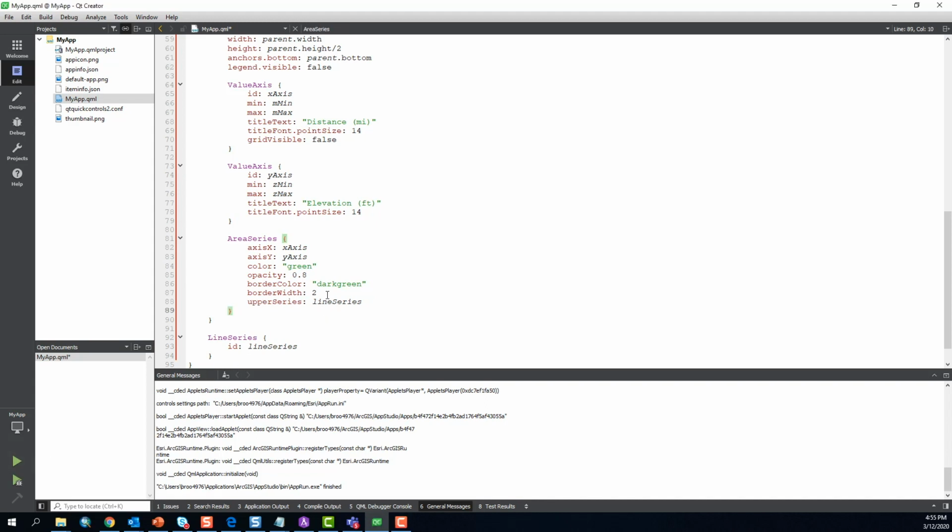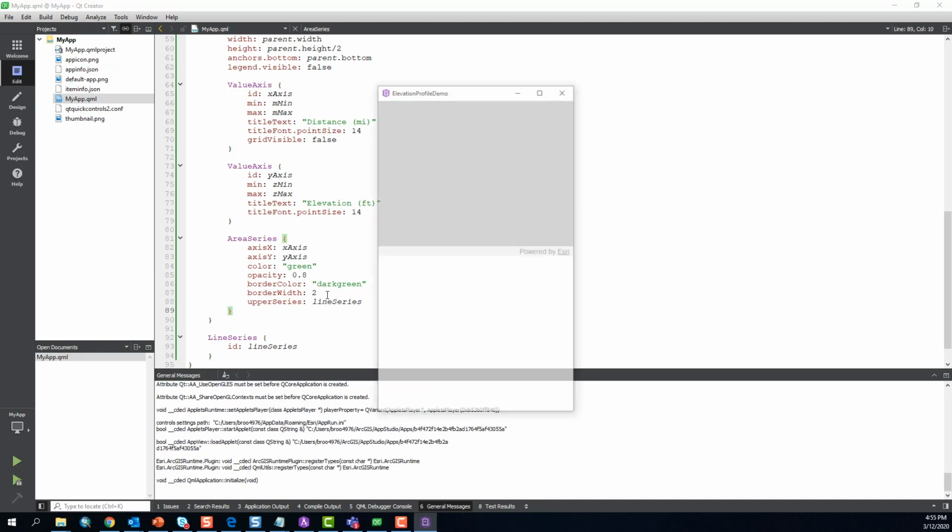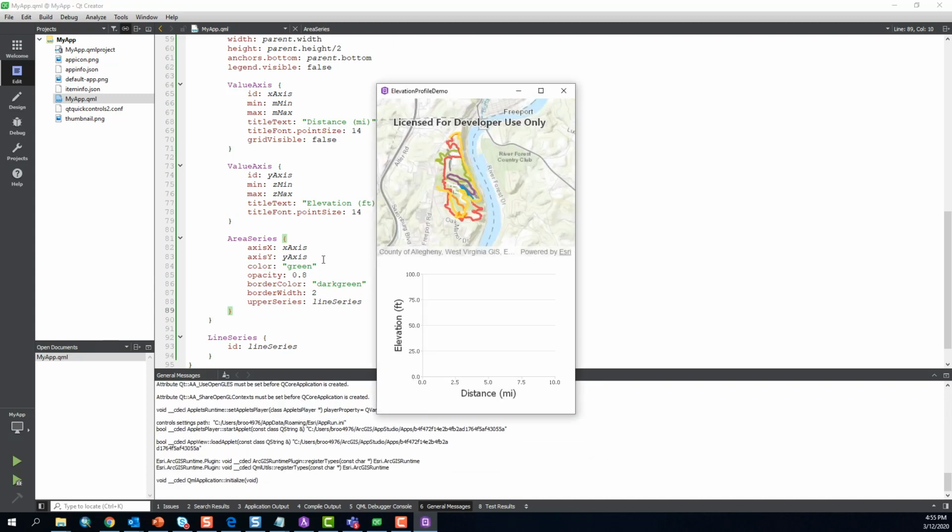So let's go ahead and run this to see what it looks like. Okay, so there you have it. The map is still in the top half of the app where we anchored it to the top, and anchored to the bottom half of the app is our chart. And we don't have any profile or any chart in here currently. It's not wired up to work with the map yet,